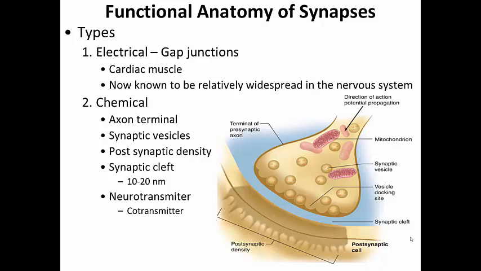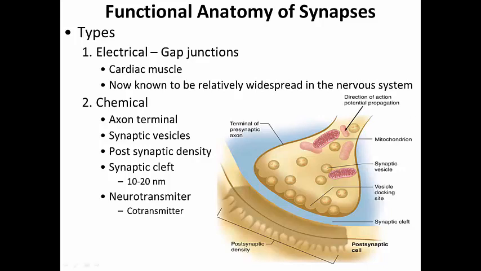We used to think that these were primarily found in cardiac muscle, but now we understand that they're present in other areas of the nervous system as well. Now, of greater interest to us in this particular chapter, because they're much more common in the nervous system, are chemical synapses. And so chemical synapses are the synapses that we've talked about previously, in which we have a presynaptic